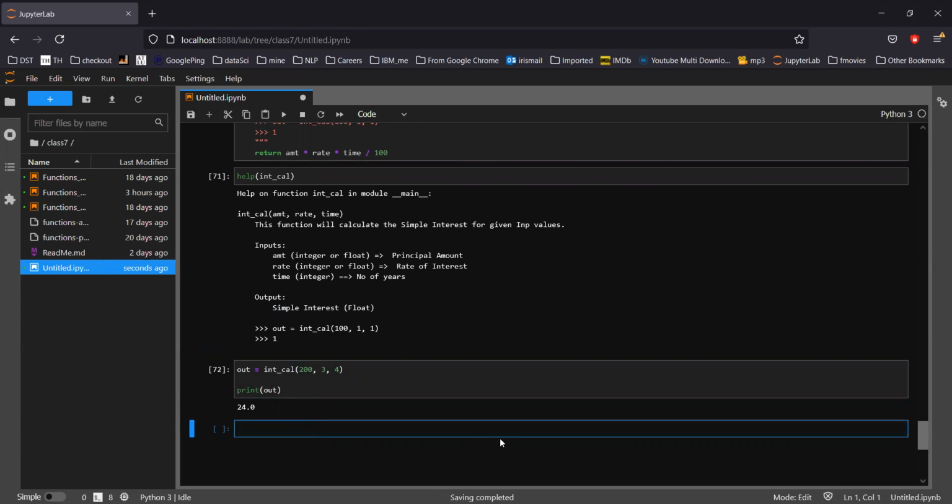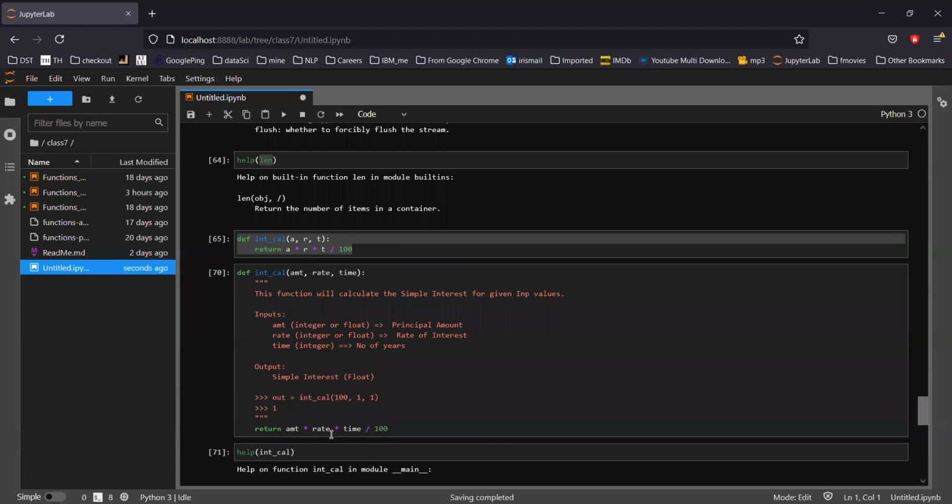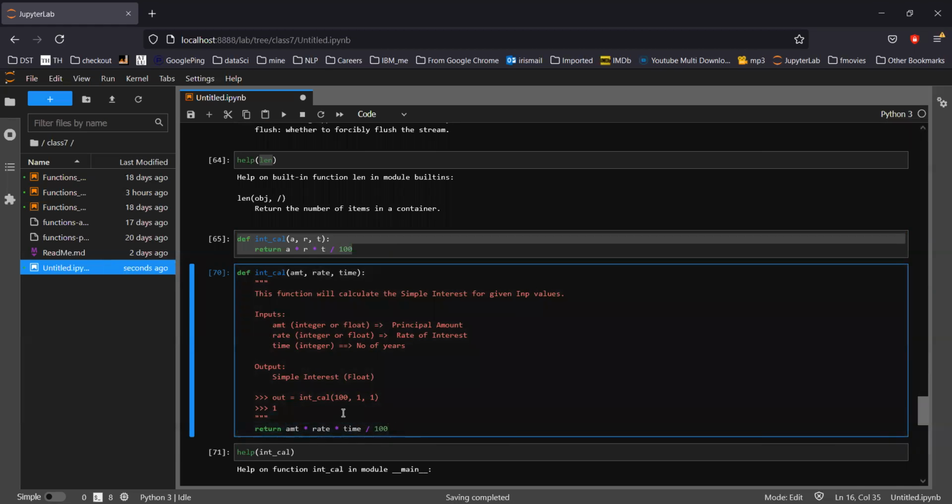Now, as I mentioned, why do we have to design a function? First of all, we have to reuse it. Again and again, so it's a good idea to write a function. The other reason is when you want to hide the complexity. Suppose you have written a very complex, very big logic. Suppose rather than one line here, you have written 100 lines. You are expecting two inputs from the user and doing some 100 lines of calculations and then returning the result.